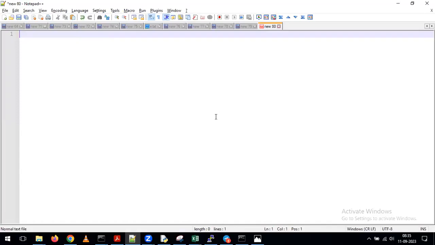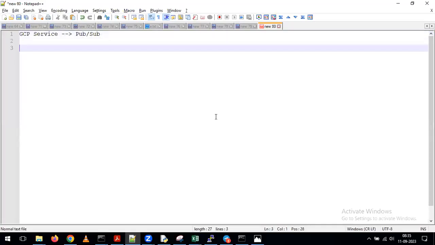So, as part of today's session, we'll start a new GCP service called PubSub. This is one of the services we have in the Google Cloud platform. Today we'll try to understand the PubSub GCP service. Google Cloud PubSub is a kind of messaging service